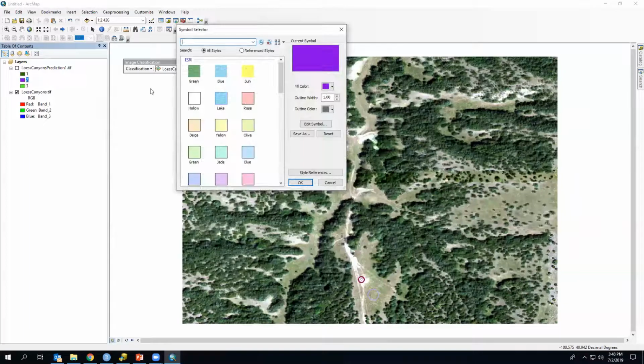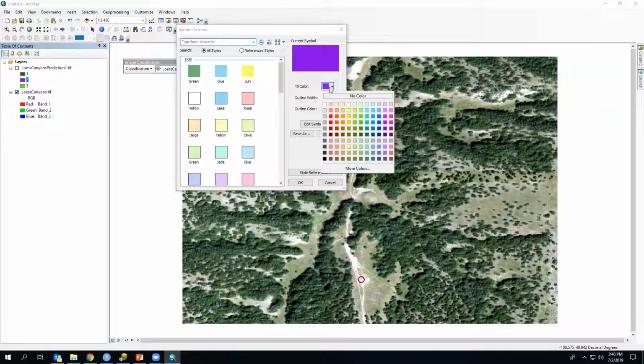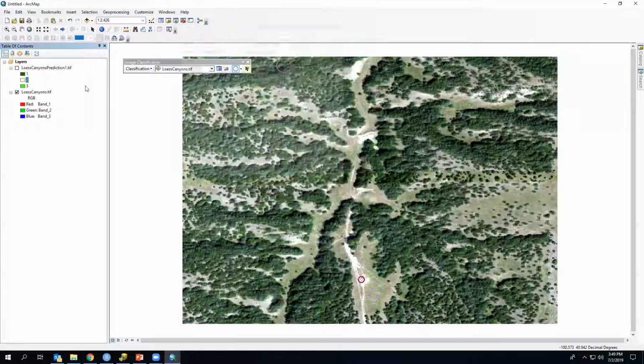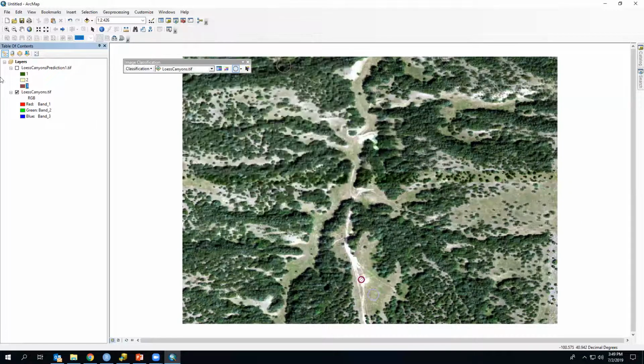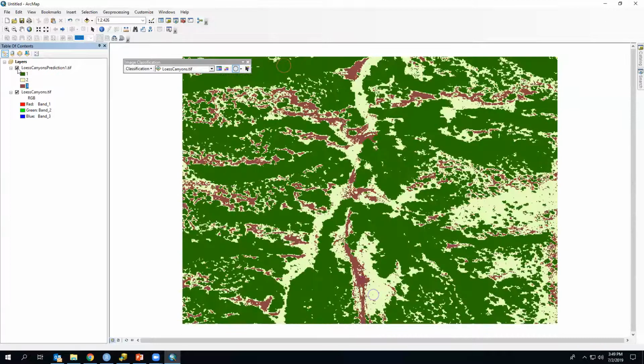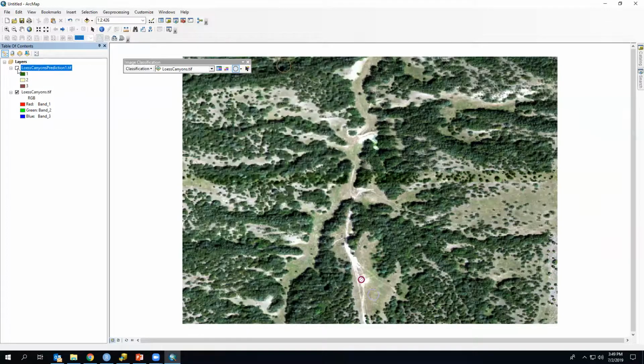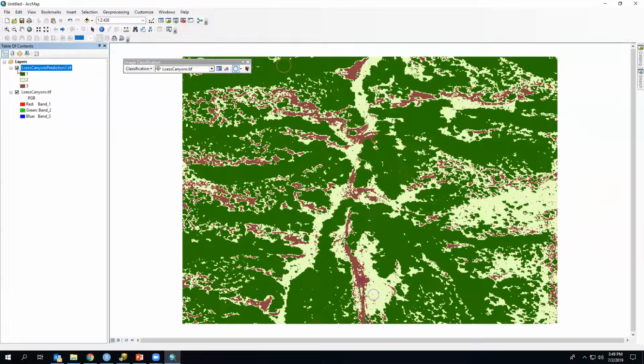And let's see, our number 2 was grass. I'll maybe have that be a lighter yellow. And then finally our bare ground, let's have that be brown. You can turn the layers on and off. There you go. You see we got a pretty good, it's not perfect, but there are formal ways for evaluating